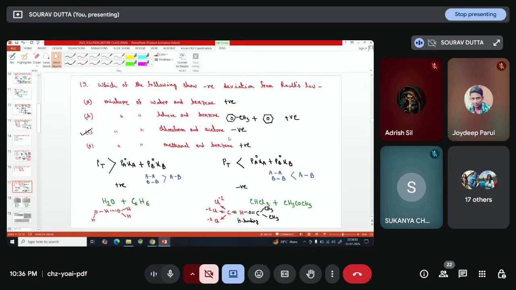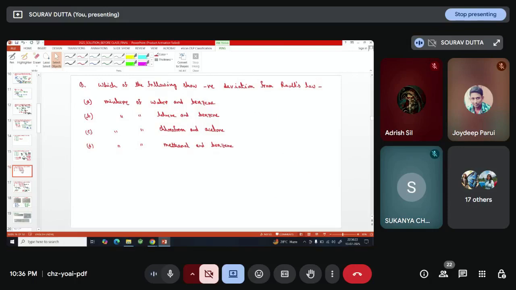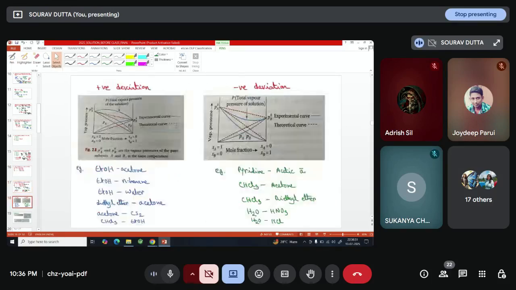In summary, if after mixing interaction will be lower, then this will show positive deviation. If after mixing interaction will be higher, then it will show negative deviation. Okay, so the answer is the chloroform acetone mixture will show negative deviation. Chloroform acetone. Next, আর একটু আমি দেখিয়েছি এগুলো।